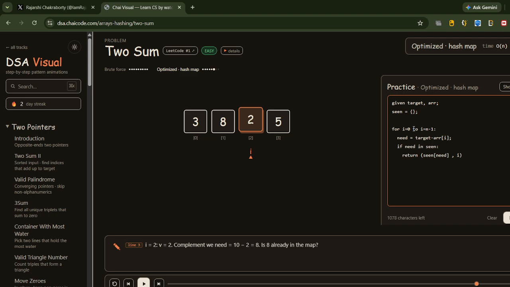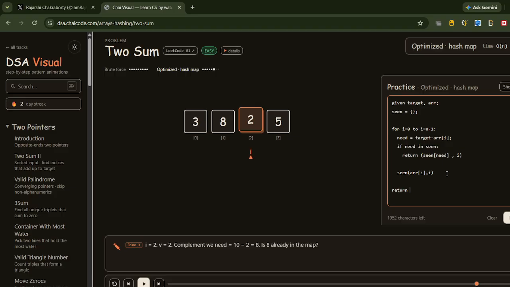Else we are putting the value, that is seen of arr of i, with its index, right, closing the parenthesis. And then we are returning